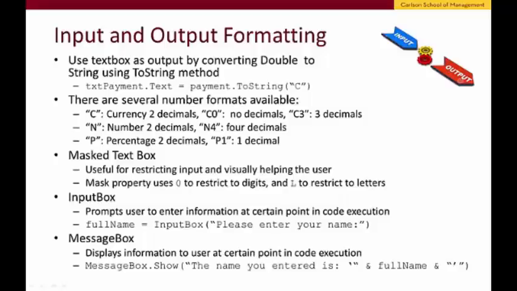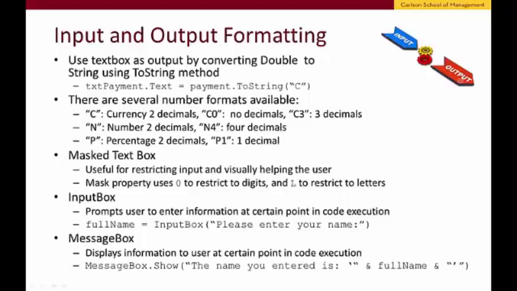We've already discussed using text boxes and variables for input and output. The few things that I wanted to add with this slide are the more improved formatting when using the toString method and the use of masked text boxes, input box and message box objects. The toString method converts numbers into their string equivalent, displaying the special characters such as the $ sign and % sign and the desired number